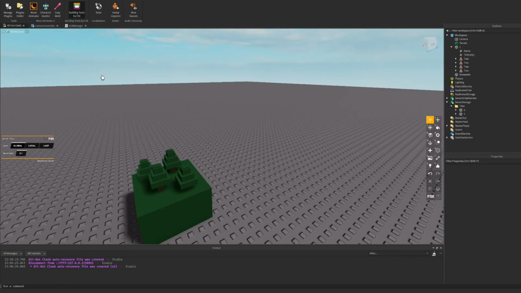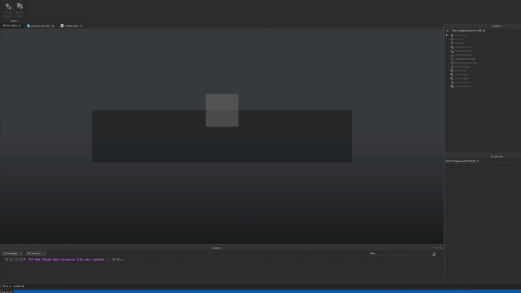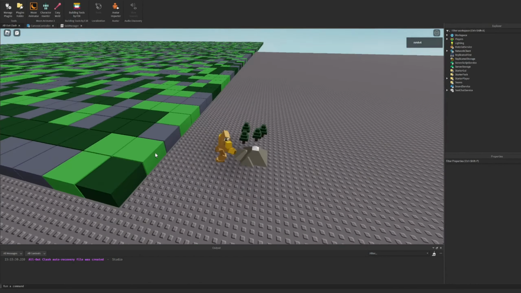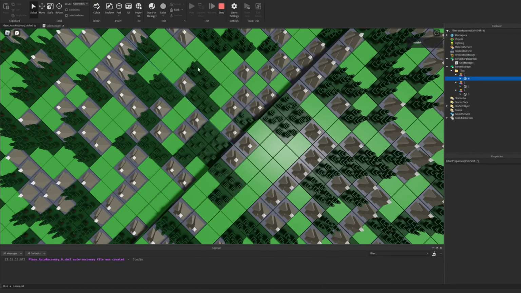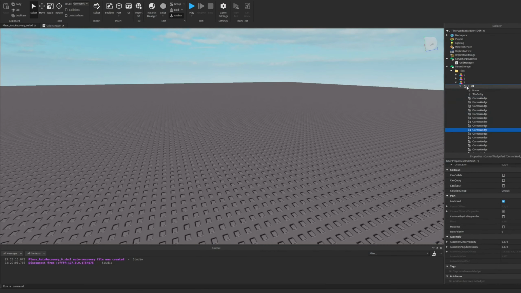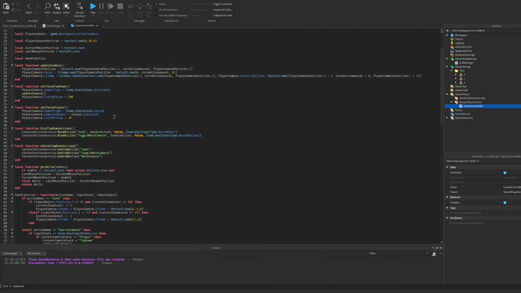I put the models into server storage and made sure that the block with the respective ID is copied from server storage onto the map, and that's looking a lot better for now. I'll work on more models later. At this point I encountered a lot of lag depending on how the tiles spawn in, and just for future